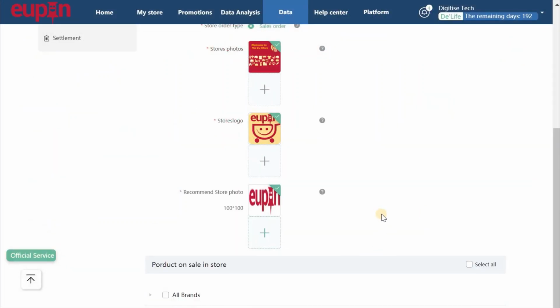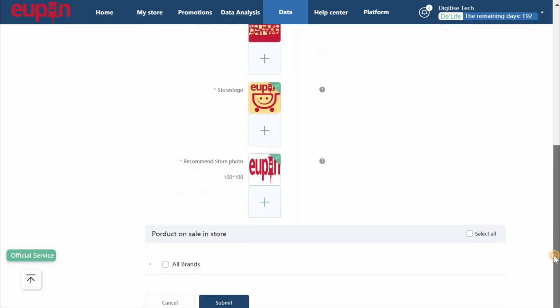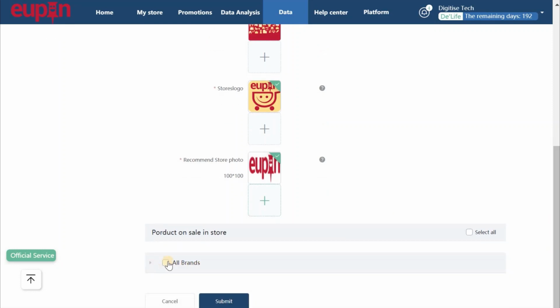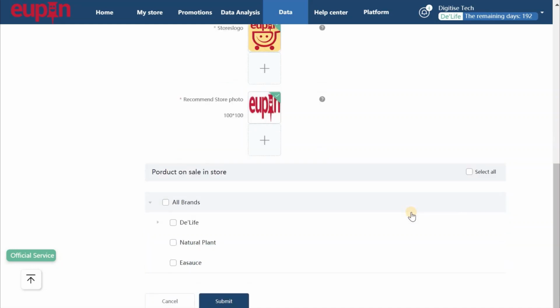Okay. And next, the important thing is that you need to decide what brands you want to put on sale for this store. So you may create your own brands. For instance, I already have 3 brands created, so I'm going to use one of them, and you can always change it after you set this up. Then you click submit,